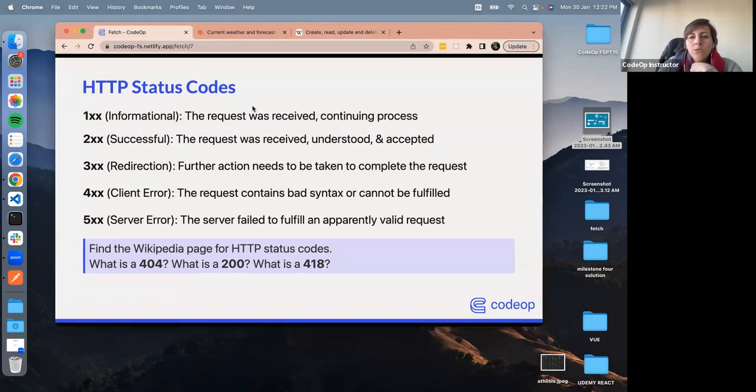So the status codes we have seen are informational, successful, redirection, client error, and server error. The 404 is the common one for resource not found. The 200 is okay. And the 418, it's actually